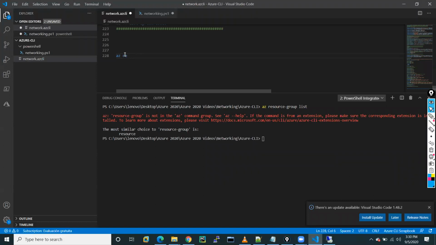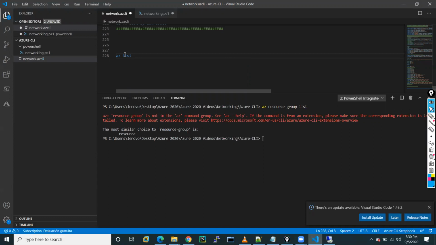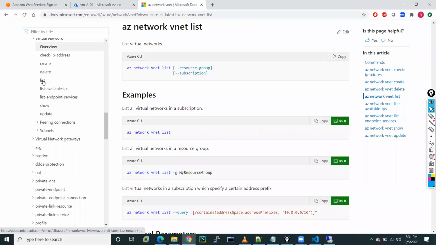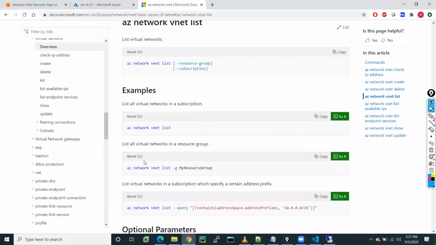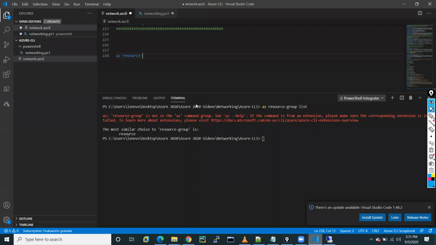I usually forget the commands, so I always follow this reference guide here. If you want to see the list of all the resources, you have to use this command, az network vnet list.